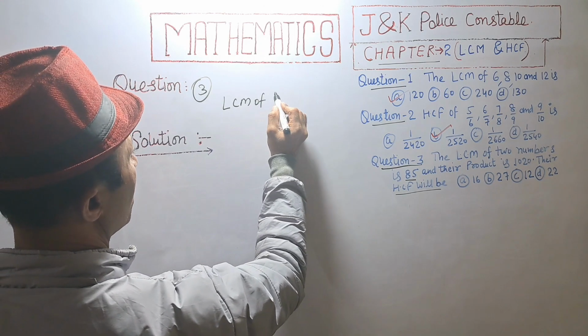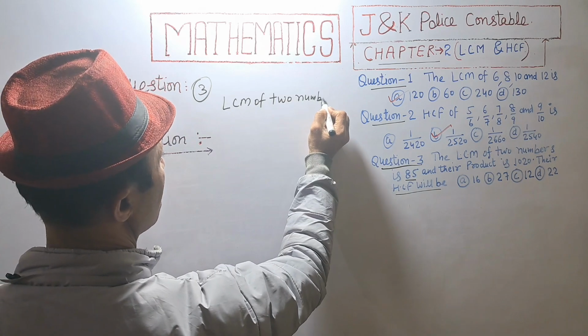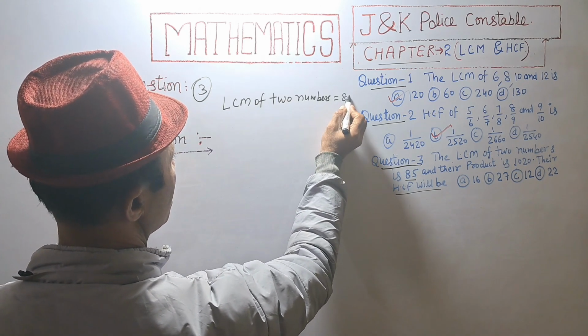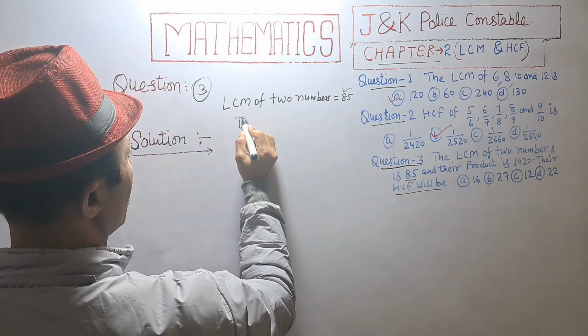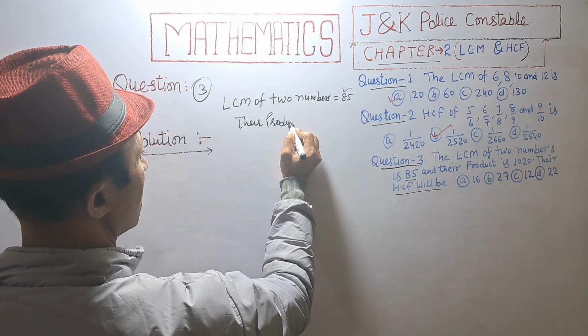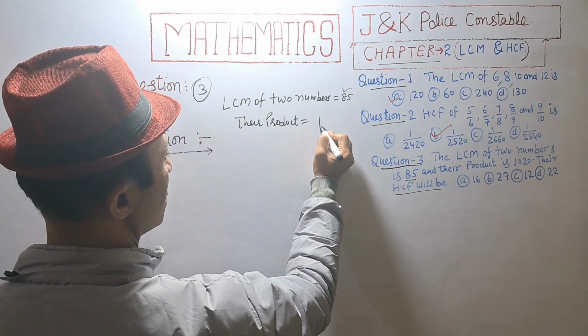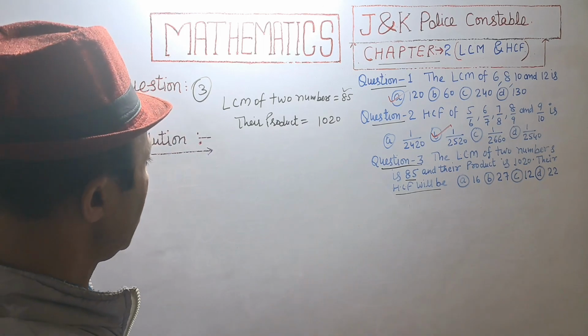LCM of two numbers is equal to 85. Their product is equal to 1020. As we know that